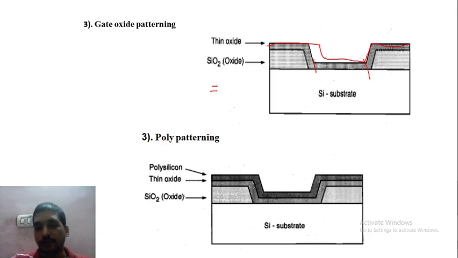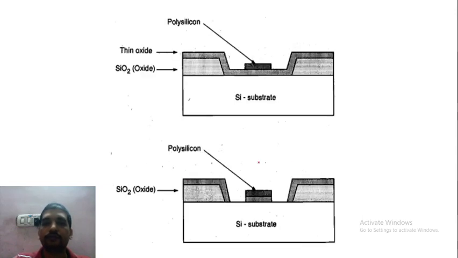Else what we will do, we will deposit the polysilicon first and we will etch the two portions simultaneously, because in the gate region we need this portion. So the next step is polysilicon patterning, because this will form our gate terminal. You can see here that polysilicon is now patterned with the help of photolithography process for this region where we need gate, and from the other portion thin oxide is still there. Then after this we will remove the thin oxide from this portion.